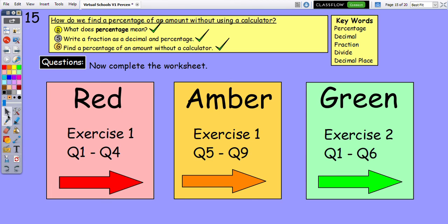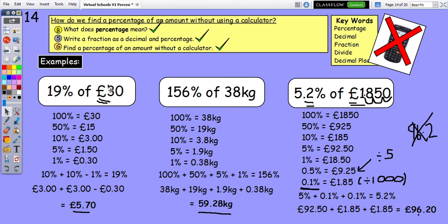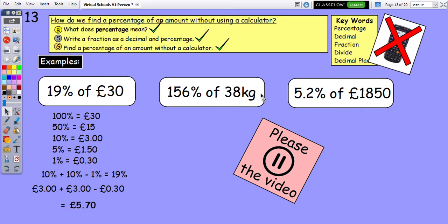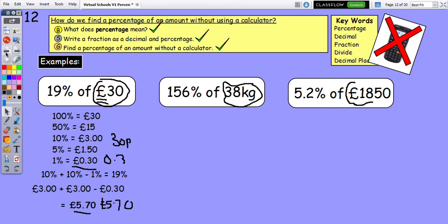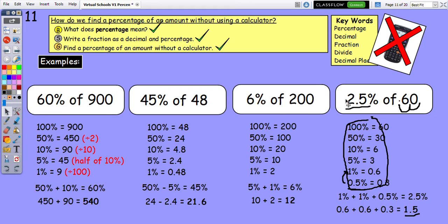Now, there is a worksheet that goes with this. It's not actually split into 3 sections. I've split it into 3 sections. There are 2 exercises. Okay, exercise 1 to 4 is pretty straightforward. Finding 10%, 5%, 15% of numbers. The amber, questions 5 to question 9, are more like these questions. Nope, I'm lying. They're more like these questions. Here, no, still lying. These questions, okay, where I'm finding 0.5% of a number, 6% of a number, okay, and